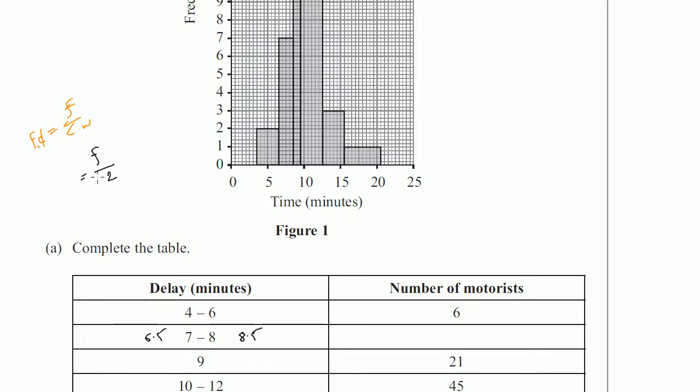Now we need to find the height, or frequency density, of this class, which starts from 7 to 8, that is 6.5 to 8.5. So it has to be this rectangle, and it is clear the height is 7. So from that we can write that the frequency is 7 times 2, which equals 14. The next one is,